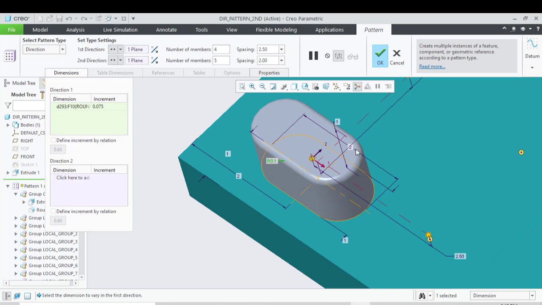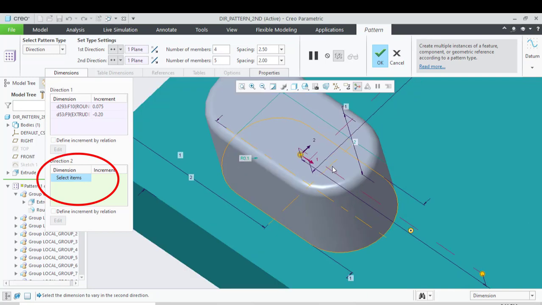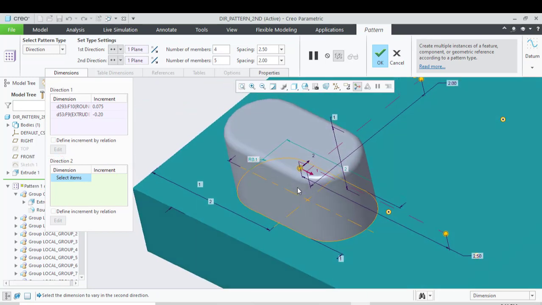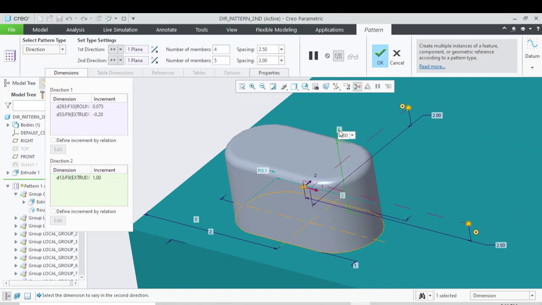Press Ctrl, select the extrude width dimension and edit it to an increment of minus 0.20. Now go to dimension collector 2 and select the extrude height of 1 and edit the increment to 0.50.